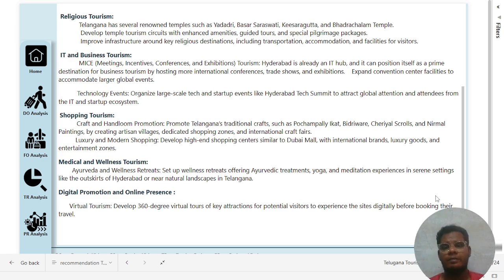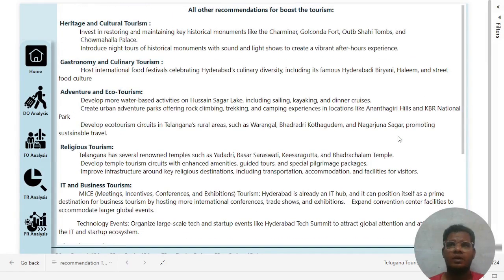Digital promotion and online presence. Virtual tourism: develop 360-degree virtual tours for key attractions so potential visitors can experience the sites digitally before they book the travel. They experience things before they travel, in VR 360. Of course, it creates curiosity: how is the place? These are the various ways to boost tourism to the next level, and the project is very amazing because